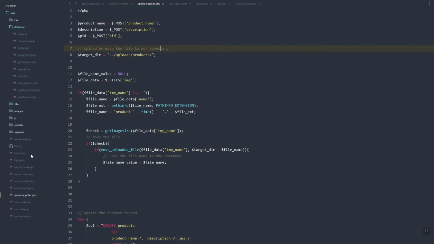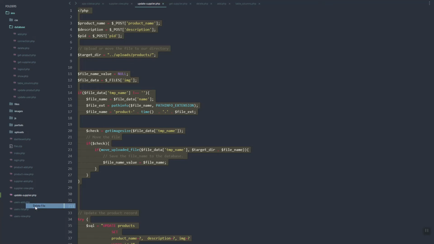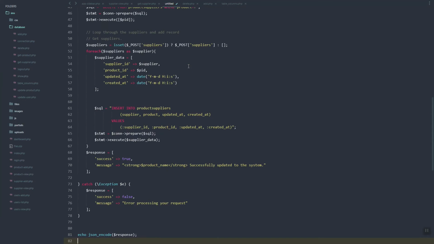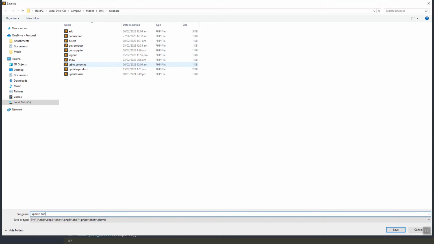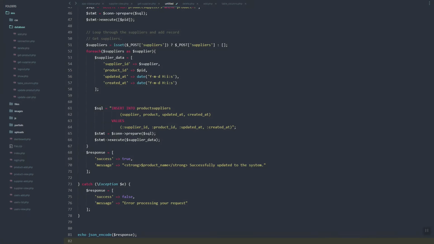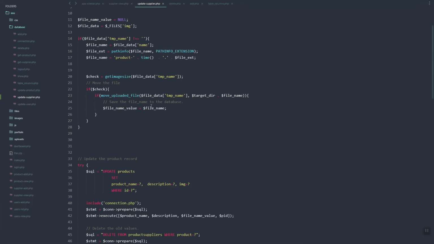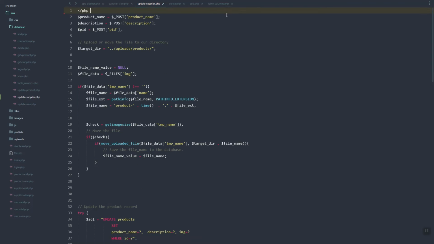Database should be inside the database. Delete that inside. Update supplier.php. Then here update supplier. So here we'll just update our